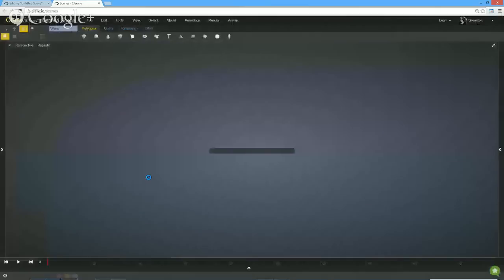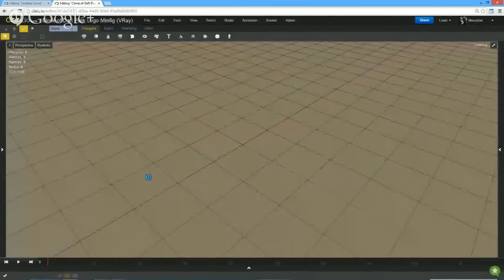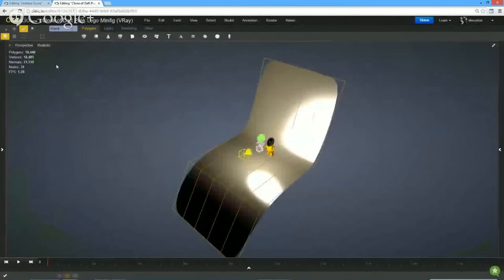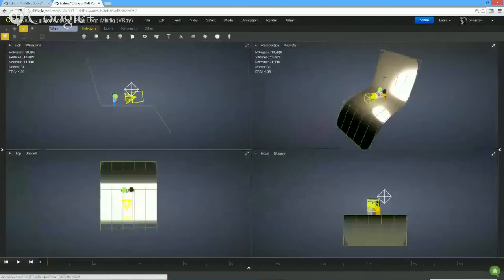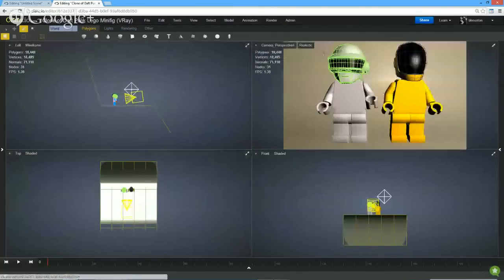This is some Lego minifigs, the Lego characters, in the style of Daft Punk. So here we set up a scene. We've set up gold materials on one of the characters, and I guess this one's titanium. The way that we set up these nice materials is that